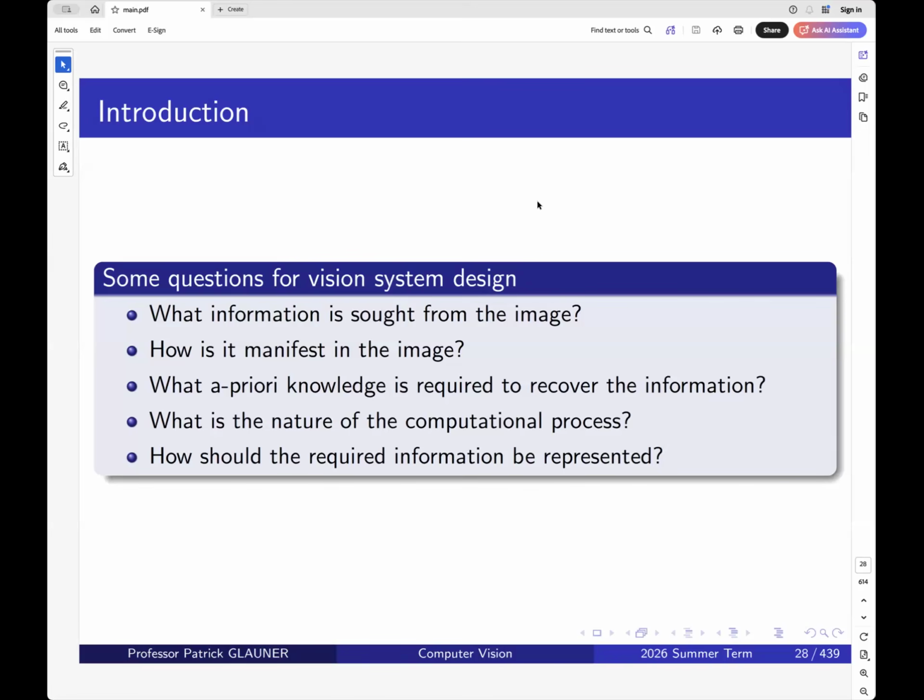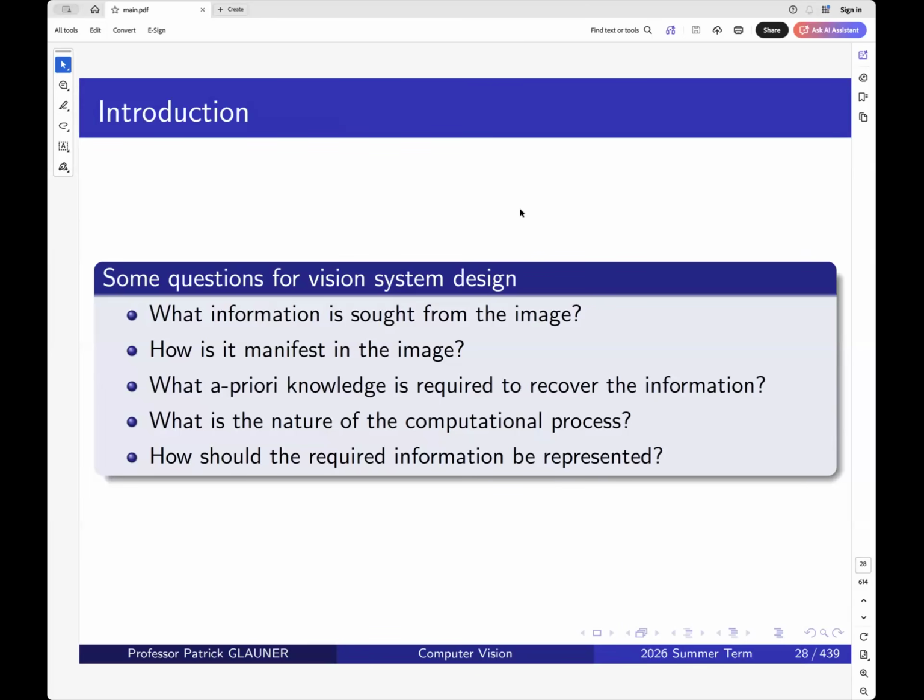Building vision systems has become much easier than just a few years ago because we have a lot of good models now, a lot of pre-trained models, a lot of architectures that are best practice, and you don't need to build every tiny piece from scratch, but rather you can reuse a lot of stuff and then build ever more complex systems. But there are still a lot of fundamental questions that you need to think about early on